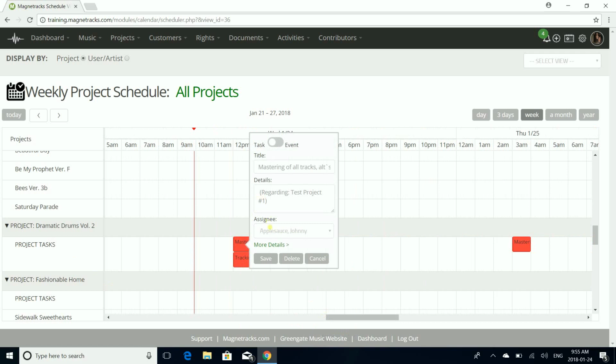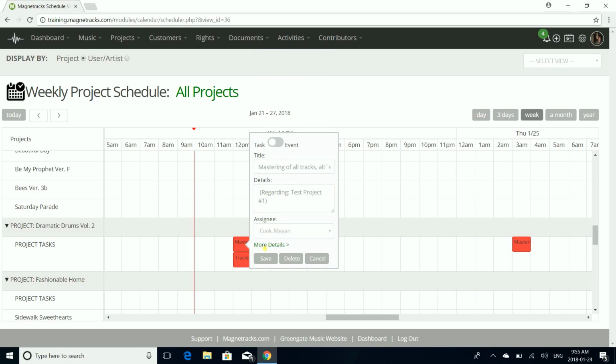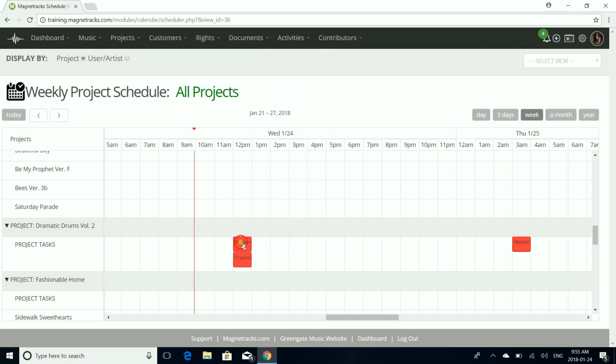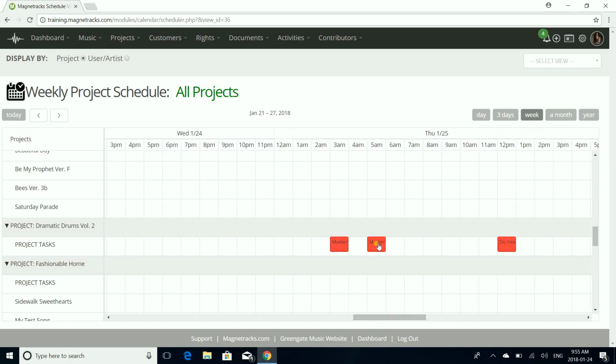So I'm going to say the mastering of all tracks, alts, and stems, I'm going to assign that to Megan Cook. And I'm going to move this to a different day just by dragging and dropping it. So now Megan Cook will receive an email saying that she needs to get this done by Thursday at 5 a.m. Maybe I'll be a bit more reasonable and say Thursday at 2 p.m. There's more on the project scheduling feature in a different video, but that gives you an idea for the impact of adding a task list to a